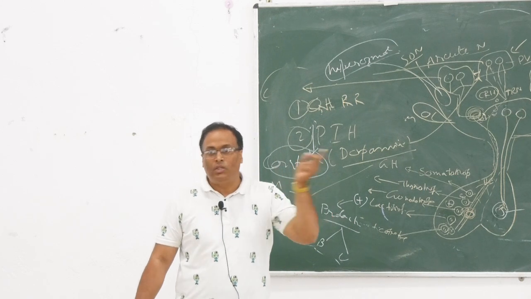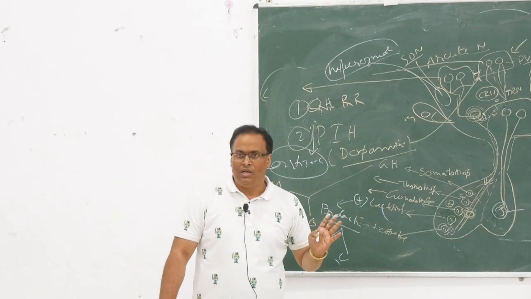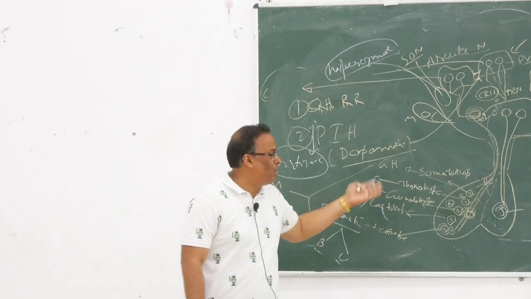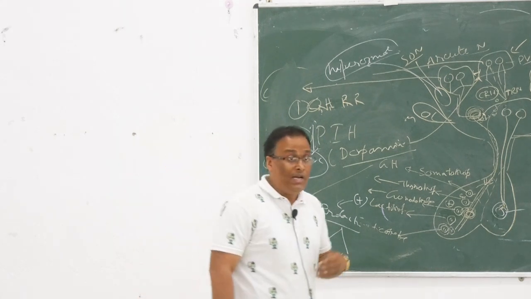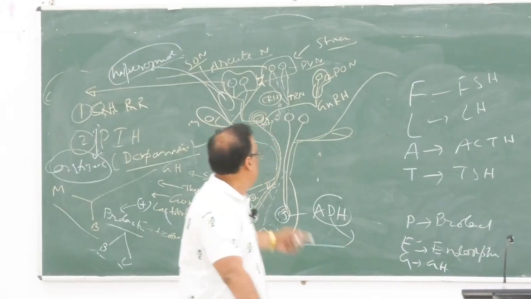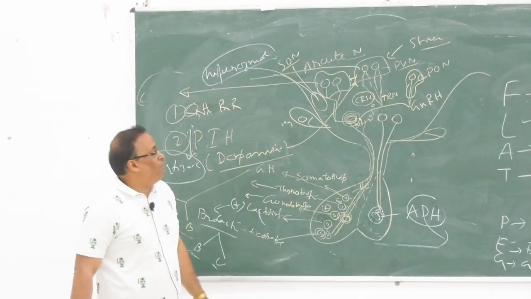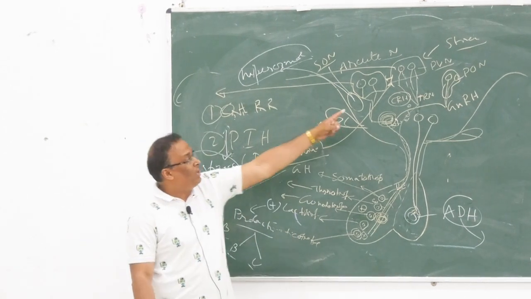Anything, আমি নাম বলতে, নাম নিয়ে আমার কি লাভ? আমার নাম জেনে কি লাভ? সত্যি আমার কোনো লাভ নেই, but it is in your theory, that is why you have to learn. But if you tell that there are nuclei to release the releasing hormones and inhibiting hormones, that's enough for you. Now these are the four main hormones: the supraoptic already done, paraventricular nucleus, this is